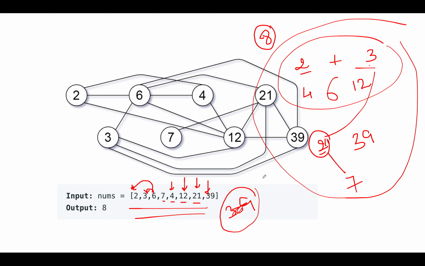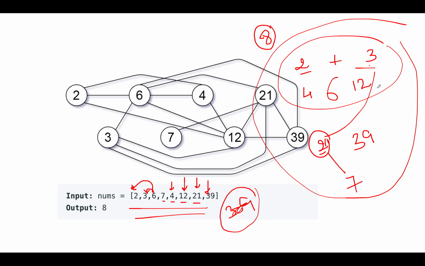Let's hypothetically assume for a second that after 39 we had a new entry named 41. So let's see where 41 would have landed in this complete graph. You can see that all the elements that are present in this particular island have GCD with 41 equal to 1. There is no common factor between any of these elements with 41. As a result of which, 41 would have formed a separate island altogether with single entry in it. Now we have two islands, one of size 8 and other of size 1. Which one is the larger size? The larger size is 8, and that still remains as the answer.